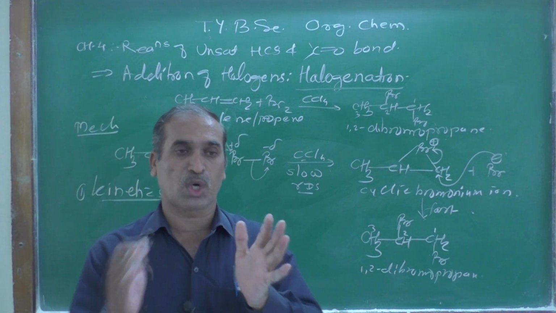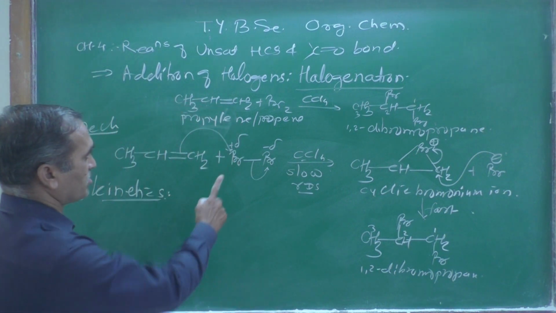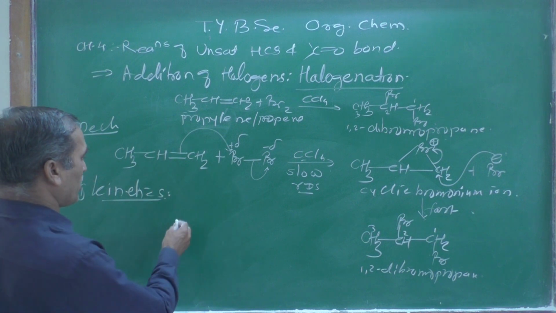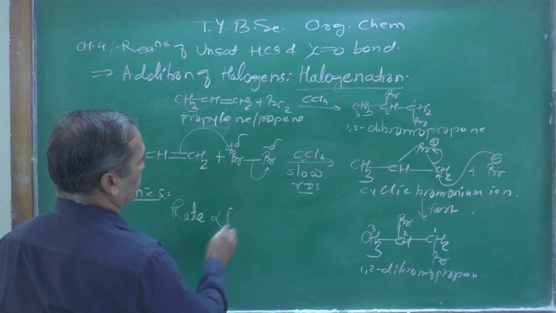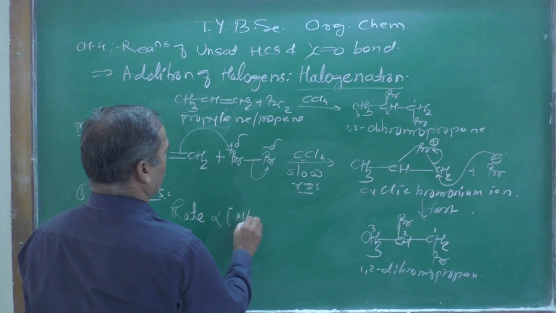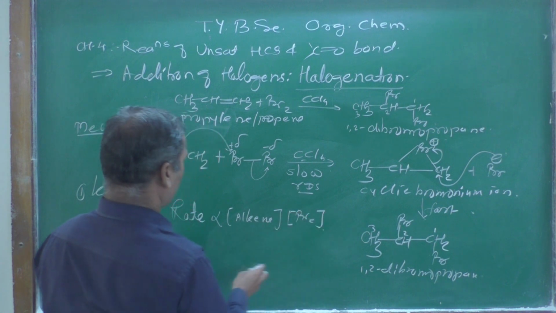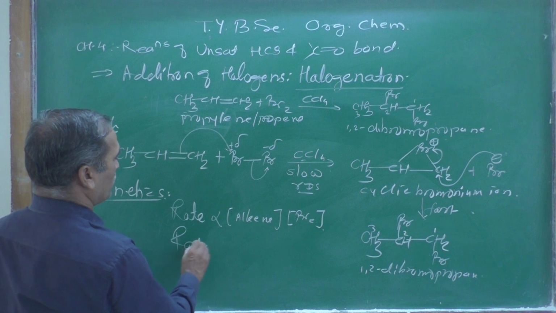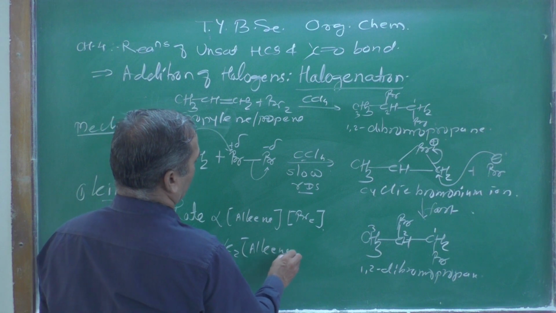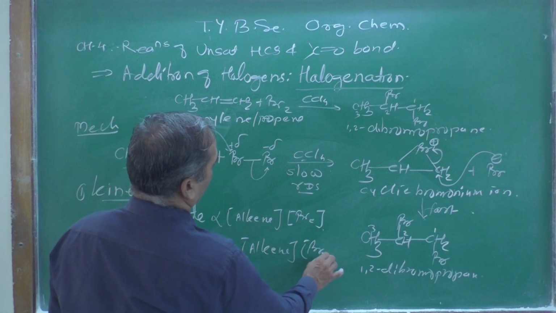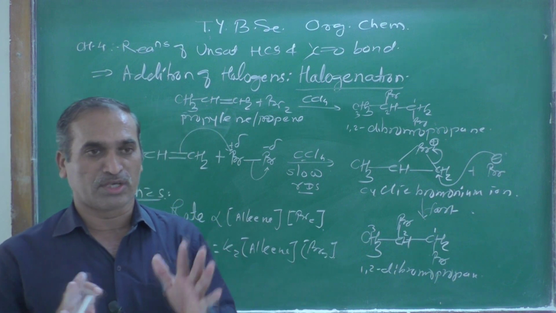Now look here, the rate determining step depends upon the concentration of the substrate as well as the concentration of the reagent, and therefore the rate of reaction is directly proportional to the concentration of the alkene times the concentration of Br2, right? And therefore rate is equal to K2 times the concentration of alkene times the concentration of Br2,